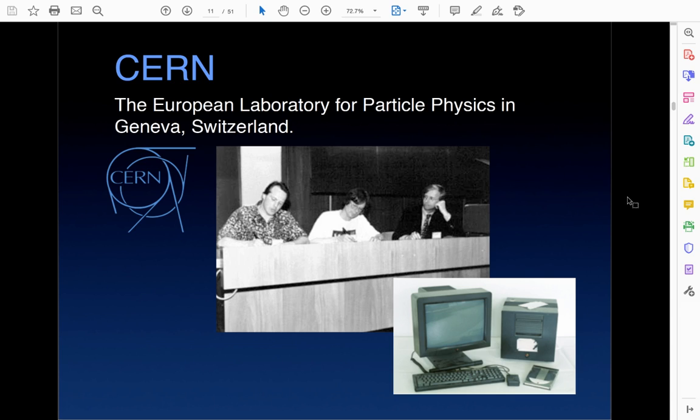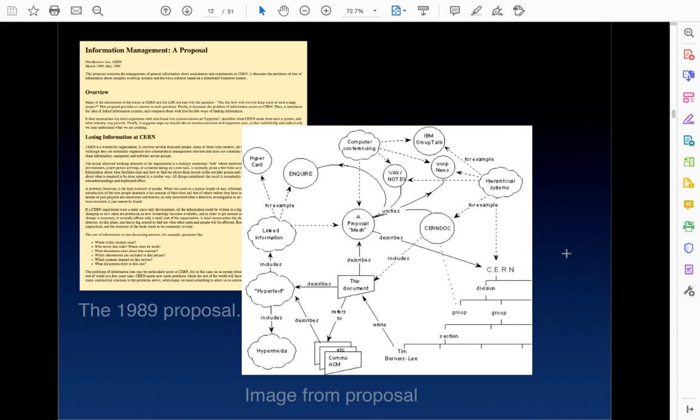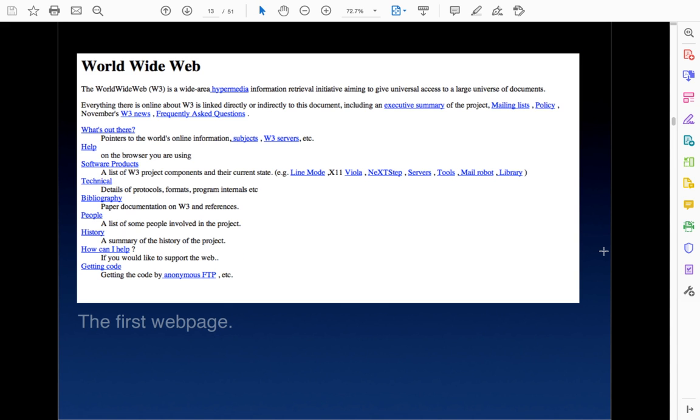So here they are at the Particle Physics Laboratory, CERN, in Switzerland. And this is the very computer used, a NeXT computer. Steve Jobs, for a while, broke away from Apple, founded this company. It was that computer that was used to write up this proposal. And here's an image for the proposal explaining how it would work. This is the very first web page. Don't laugh. But looks like Times New Roman, and all the hyperlinks are in blue with underline. We want to emphasize those, don't we?